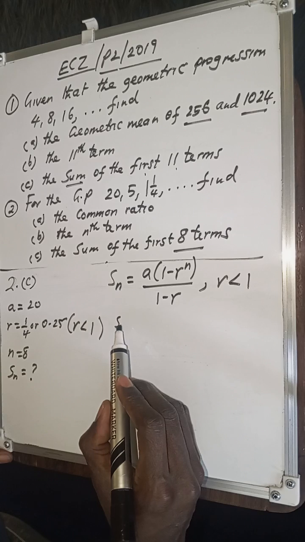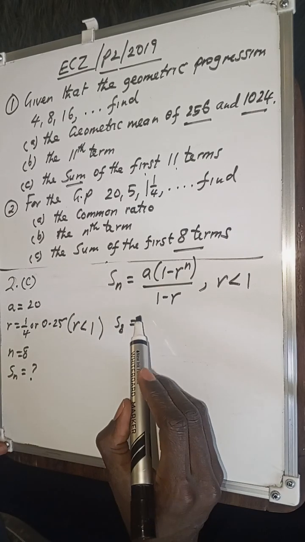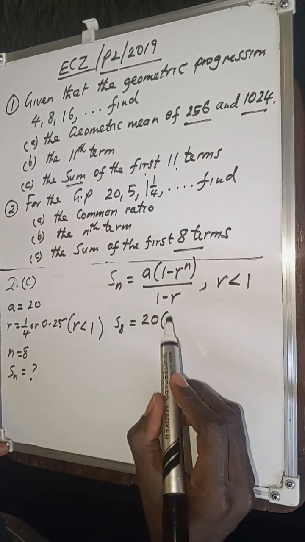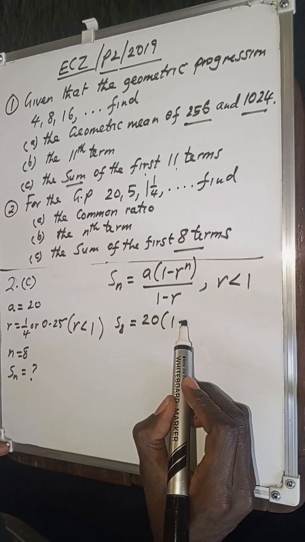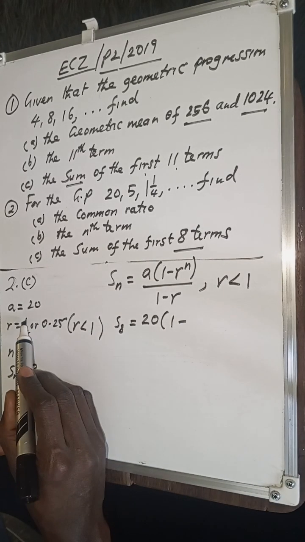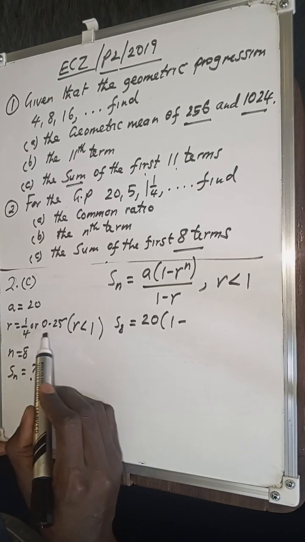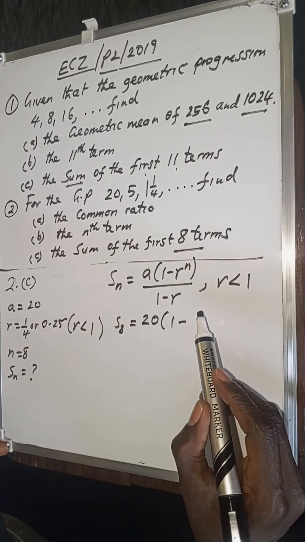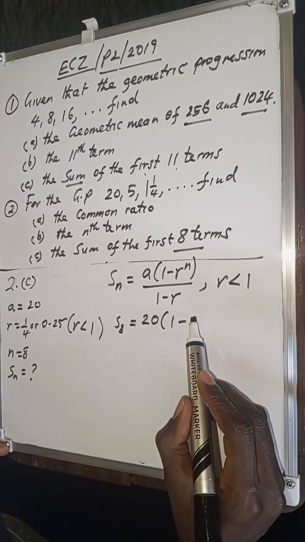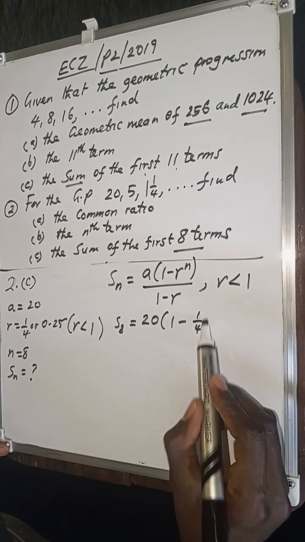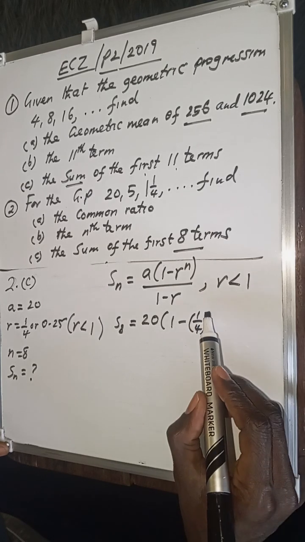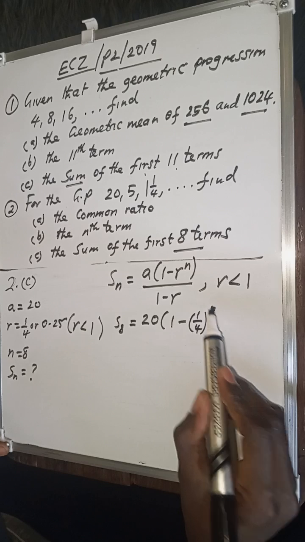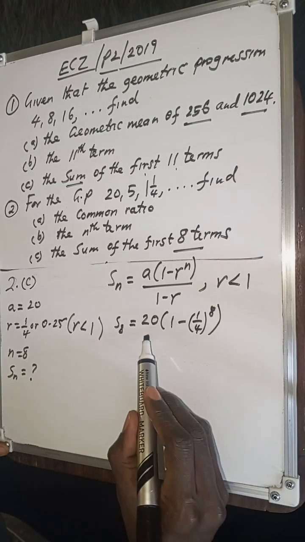So S8 will be equal to the first term, which is 20, then that will be 1 minus, in this case, there's no problem, you can use a fraction, but if you're not conversant with fractions, you can use a decimal number. That is very much okay. So that would be like 1 over 4. If you want to put a decimal number, this raised to the power n, my n is 8. I enclose in bracket, over